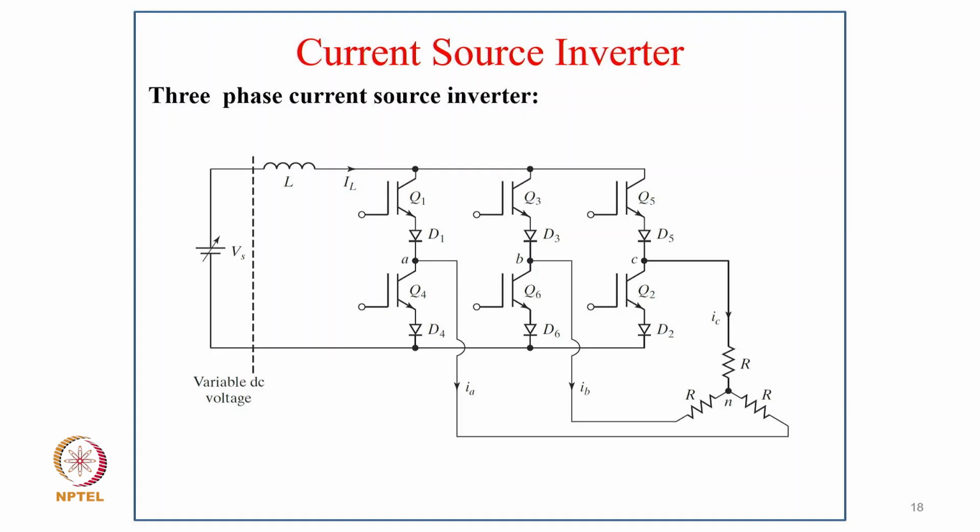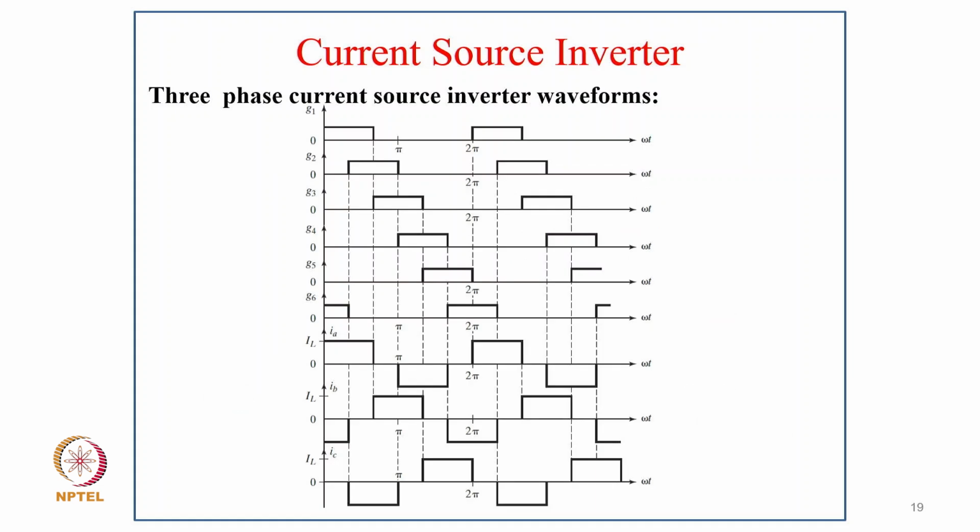Coming to three-phase current source inverter, of course here also in series with the variable DC voltage, we put the inductor that makes the current source, and then we have similarly IGBT with series diode that gives the reverse voltage blocking capability, and then we feed the load. So we can operate in PWM mode, or we can operate in 60-degree mode, but for control of the output current and correspondingly the voltage, we require pulse width control. And these are the typical, of course, you can call it similar to VSI 6-step. We have a current source inverter also operating in 6 step. So these are the currents, but the load voltage is decided by the nature of the load, whether it is resistive load, RL load, or capacitive load.